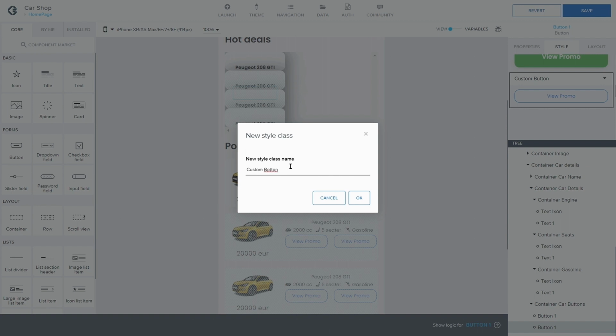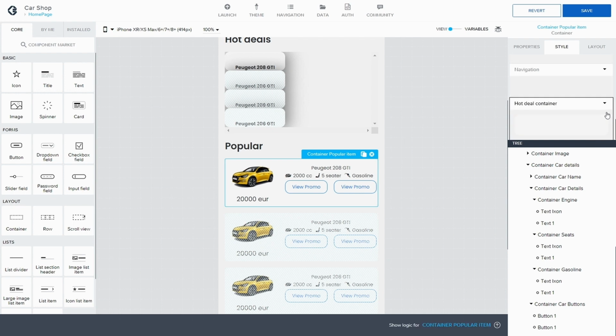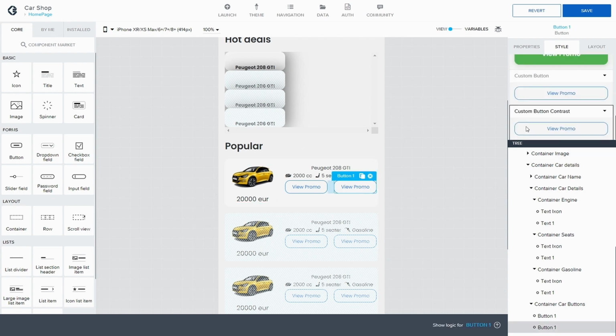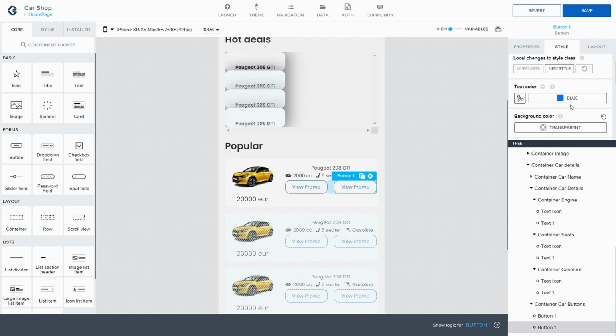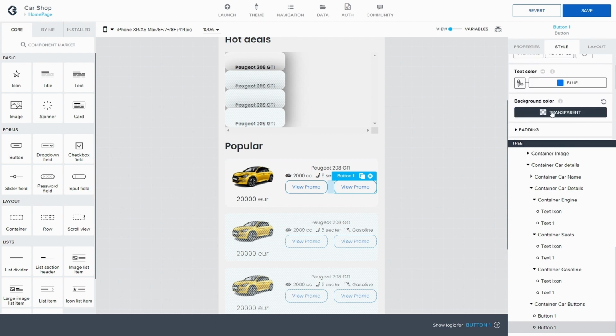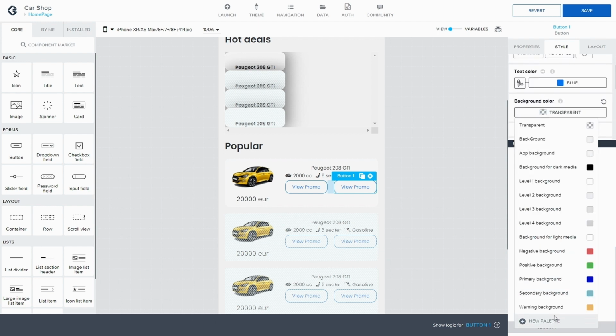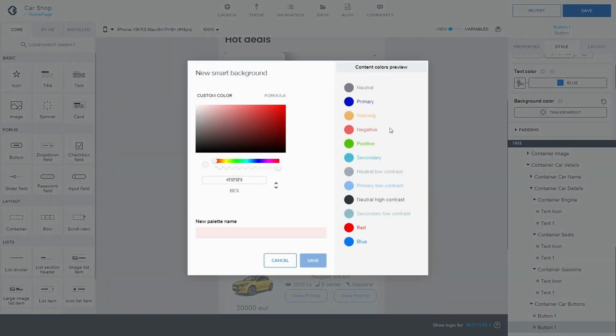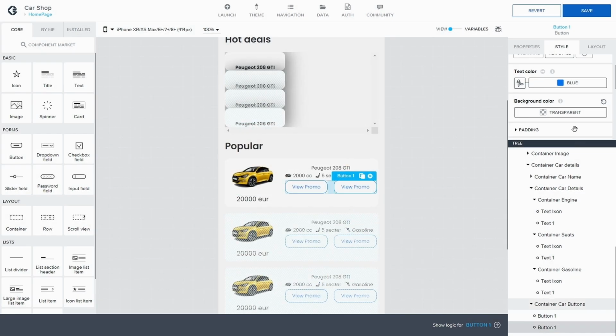Or contrast button, contrast. Oh, edit. Background color is definitely not transparent. Cancel. We want to make that,